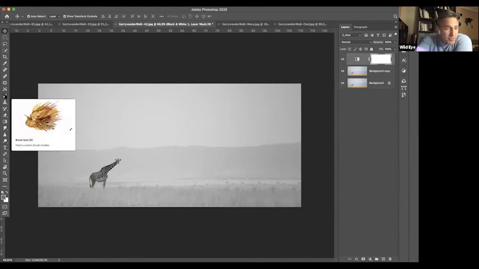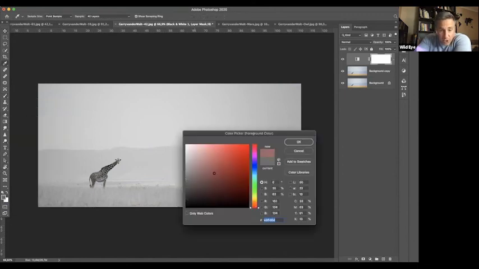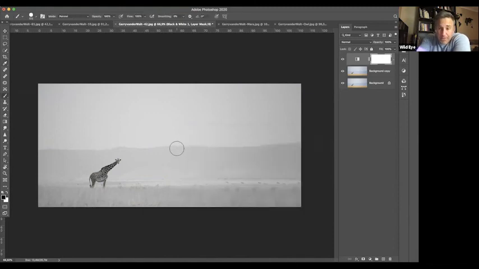I can now go and use a brush, a normal brush, right? And these are the colors that I'm going to brush on there. If I select black, right? Watch what happens in this mask here as I paint. All right. Black reveals what's underneath.